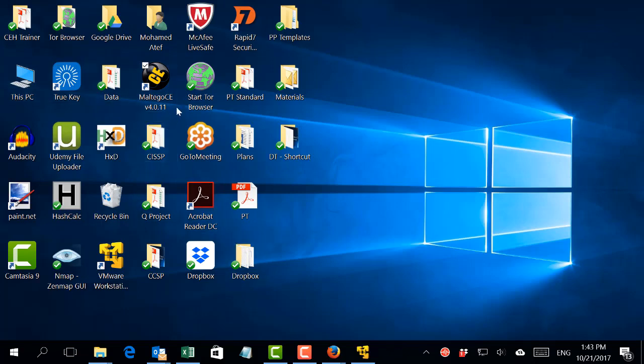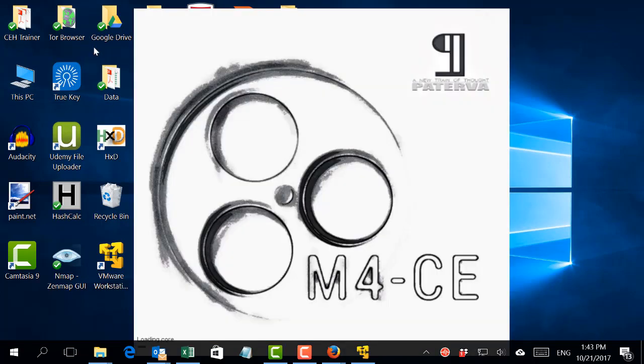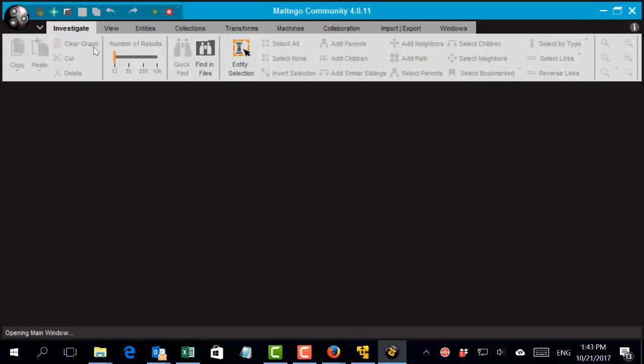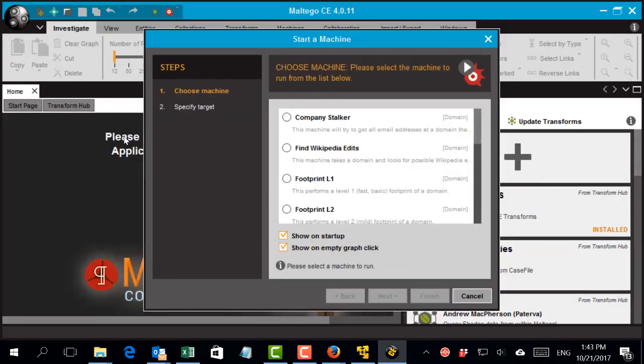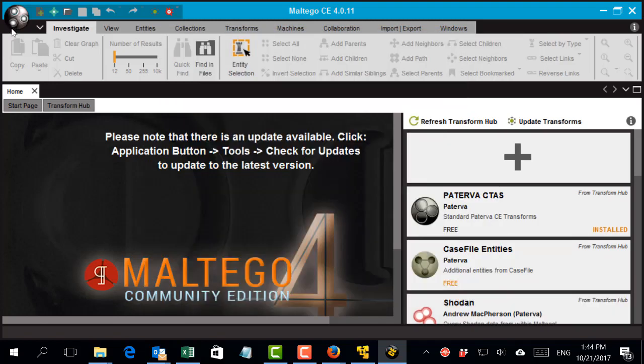This is Maltego, and I'm just going to show you in brief how it works, and I'm going to let you discover it yourself. I will add with this lecture a full Maltego tutorial PDF file that includes how to use it. But still, the best way to get familiar with this tool is to open it and start using it. Usually it starts with a wizard asking if you would like to search for information about a company. I'm going to do that manually. I will not start the wizard, and we're going to go here to the plus sign to create a new